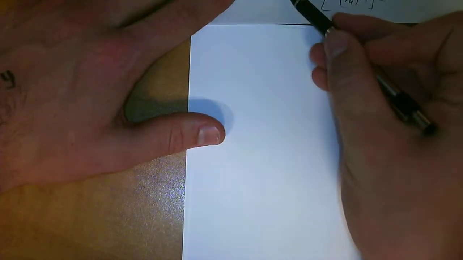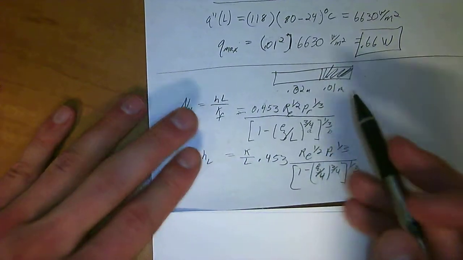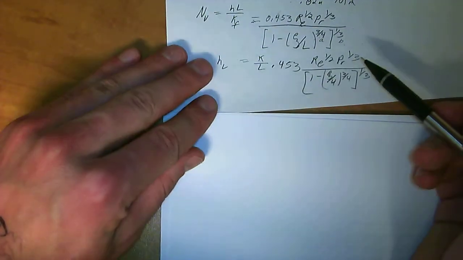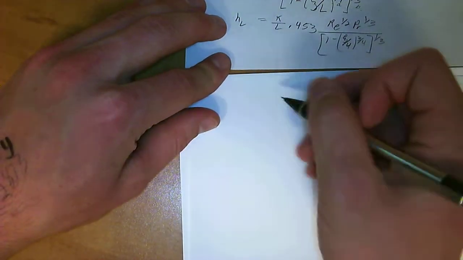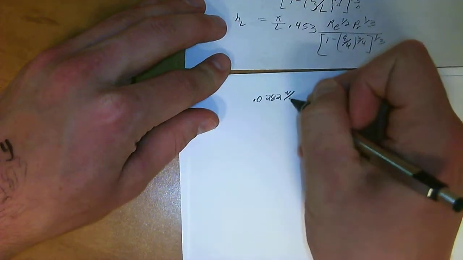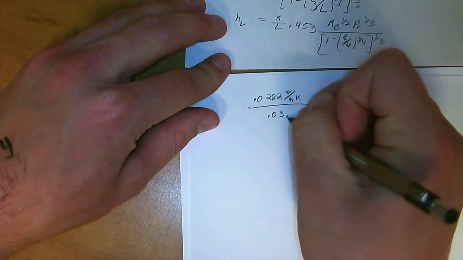Now putting the values in here for K and L. L is the new 0.03 from this total length. L is always the total length of the entire system, no matter what. And then all the other values are basically the same from the previous part of the problem. So we've got 0.0282 watts per meter Kelvin all over 0.03 meters times